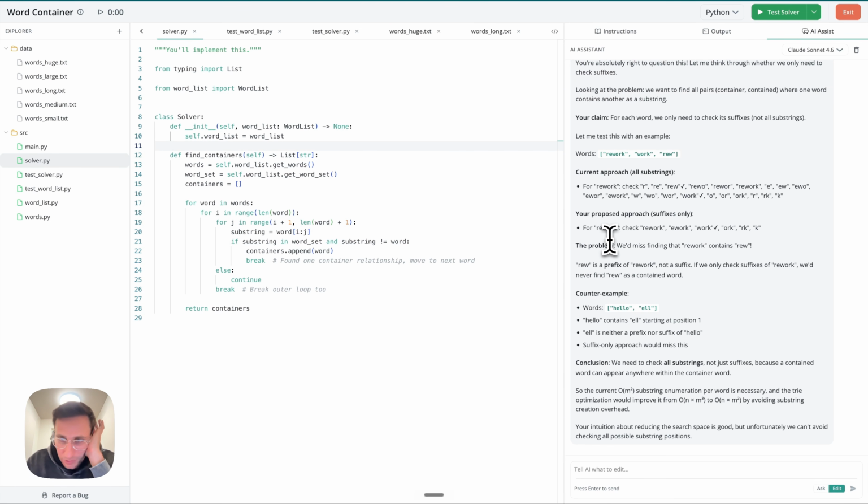Whoa. The problem. We'd miss finding that rework contains Ryu. You're right. That's right. Oh boy. Ryu is a prefix of rework, not a suffix. If it only checks suffixes of rework, we'd only check the counterexample. Wait, Ryu